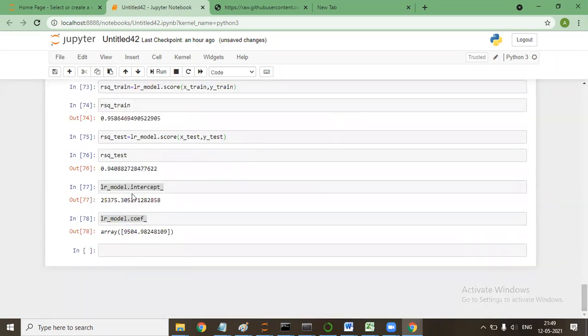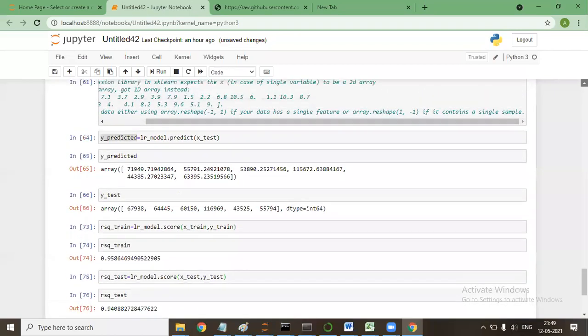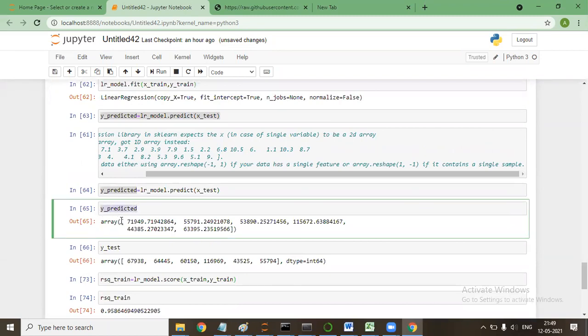With me? Yes, sir. So when I said to predict, the model has used that intercept and coefficient to give these values.